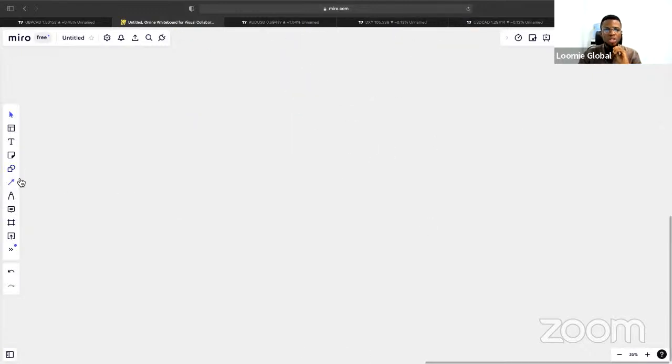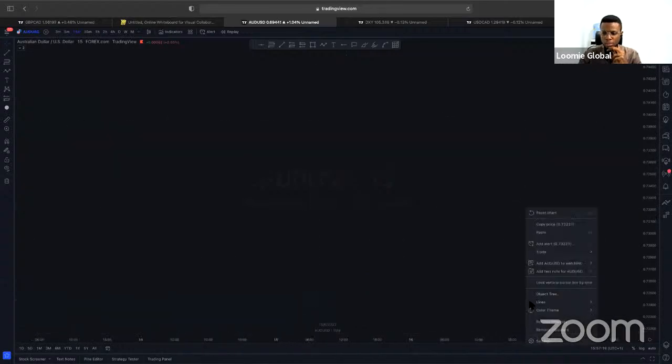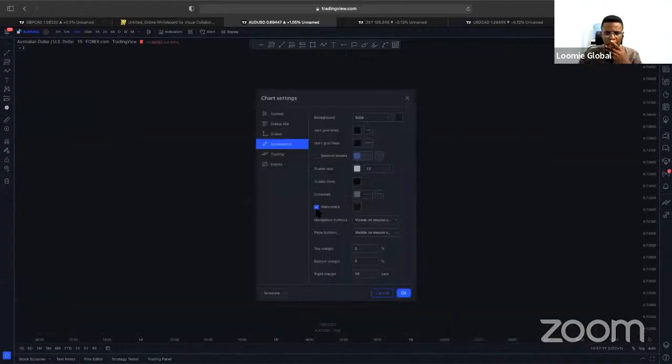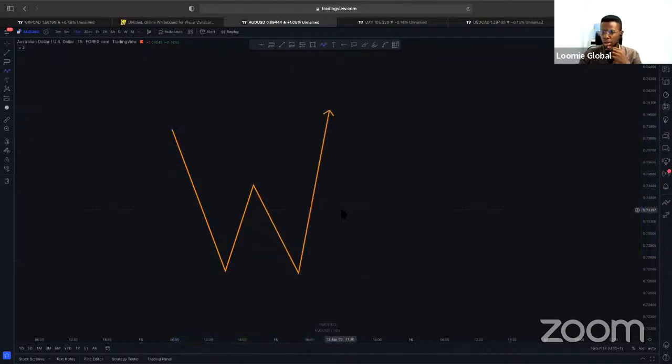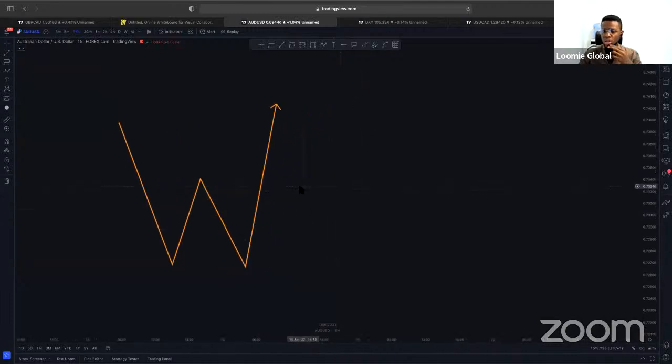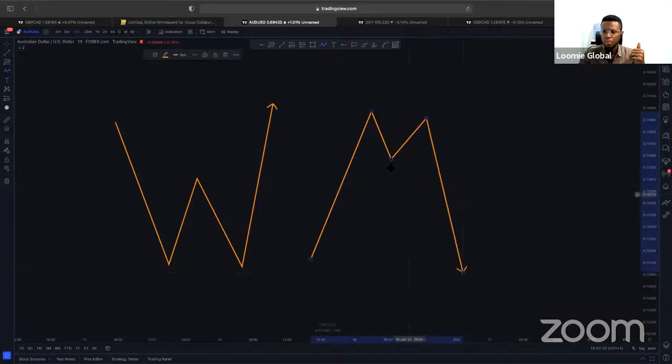Let's go somewhere fresh. So remember that I've told you guys before that most times when we show you examples, you get to see picture perfect stuff. For instance, if I'm showing you a W pattern, I'll be showing you stuff like this, right? This is what you'll be seeing. Now, these examples are given for learning purpose. If I'm showing you an M pattern, you'll be seeing something as clear as this, right? These examples are given for learning purpose.